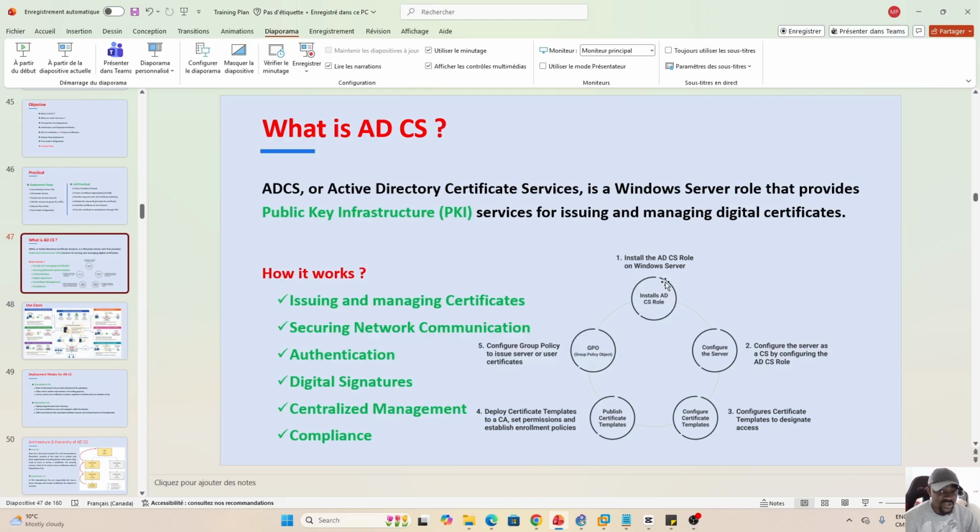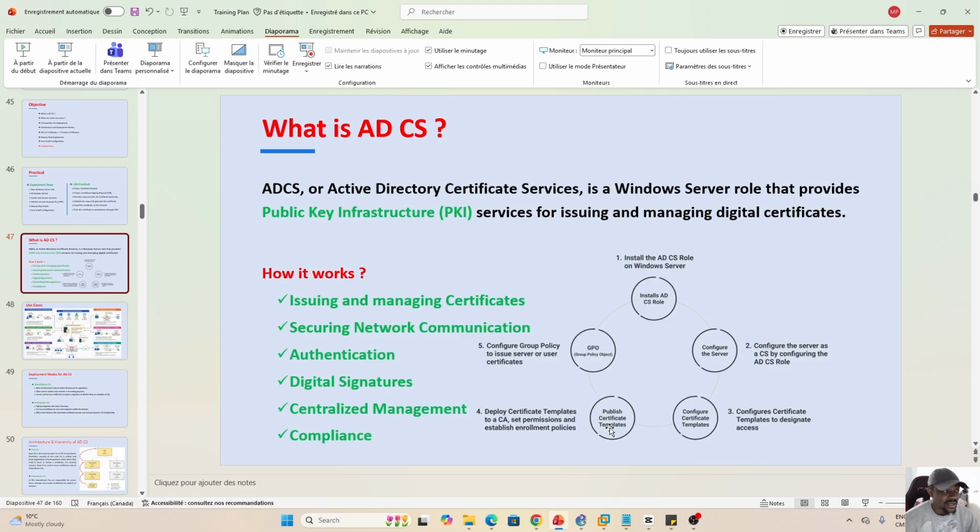The first step was to install the ADCS role, then configure the CS after installing. The third step was to configure certificate templates. We are going to configure certificate templates for various types of certificates that can be issued and managed by our certificate authority. Then we are going to publish those certificates so that requesters